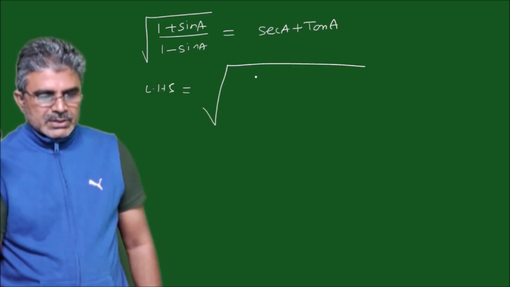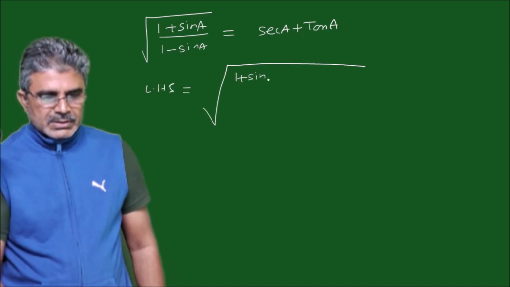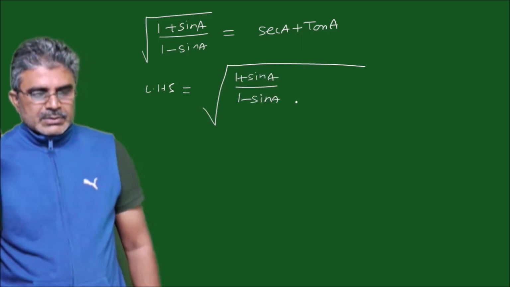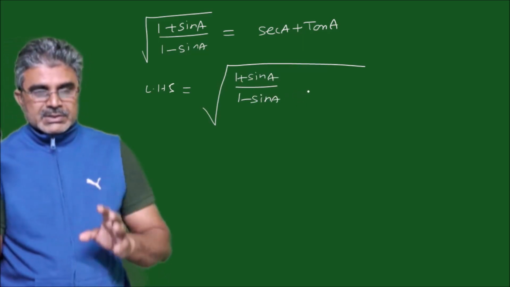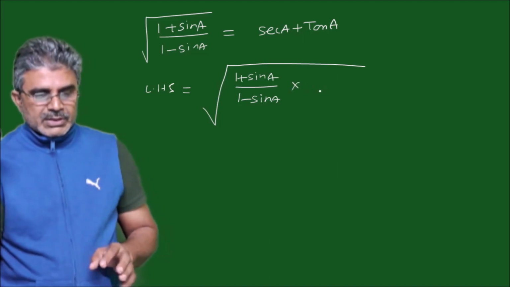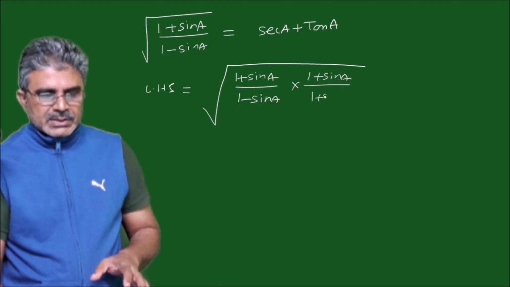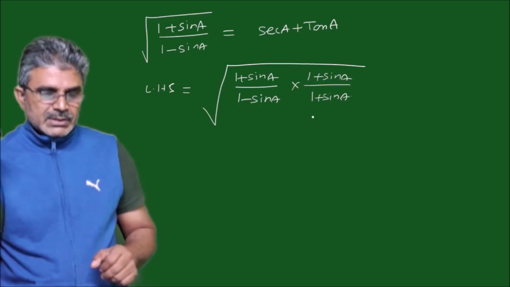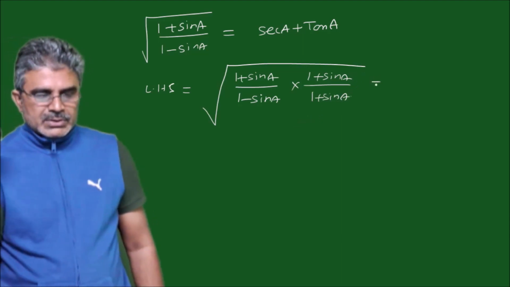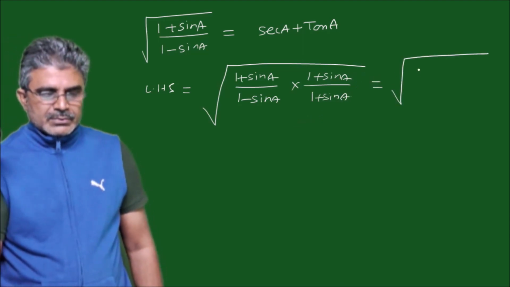So you have square root of 1 plus sin A by 1 minus sin A. I intentionally put a bigger square root because I want to rationalize this term. So I want to multiply by 1 plus sin A by 1 plus sin A. By doing this, you will get square root of, on top you have 1 plus sin A whole square,